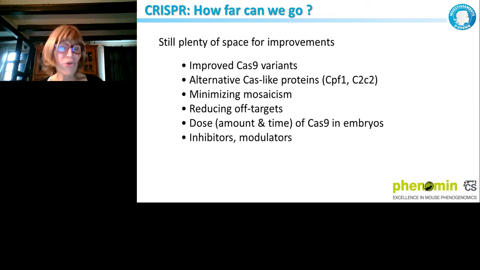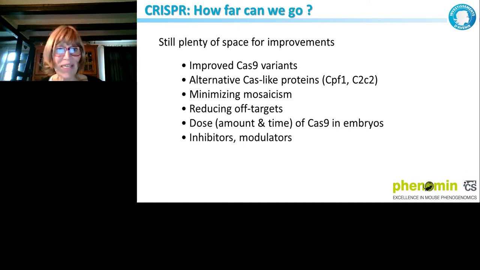And also, what I wanted to emphasize here, we are not caring so much when we work on animals about off-targets, because we go through meiosis, and meiosis is a wonderful reshuffle of all the genes, whereas if you work only on cell lines, you will never get rid of off-targets. That's why people working on animals are not caring so much, because when you generate a line, you breed your founders, and you will segregate your off-targets if it's far enough genetically. And that's really why we are not so much into studying the different variants, but there are alternative proteins, Cpf1, Cpf2, and this one can be interesting.